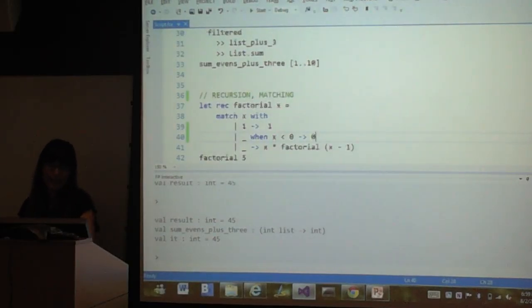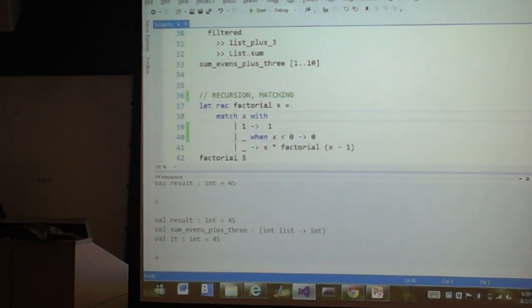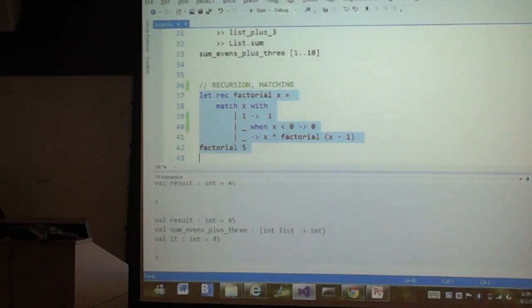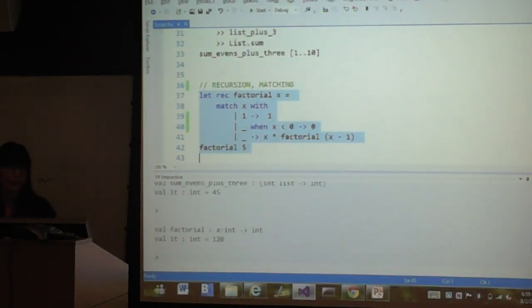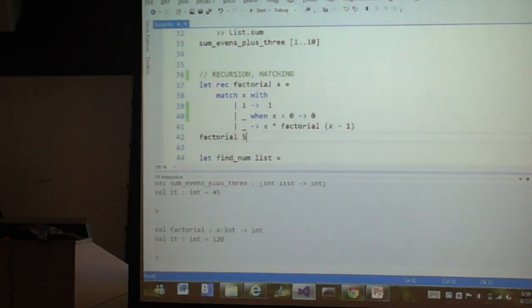And then finally, if it's not less than 0 and it's not 1, then do the factorial and send it down. And then you run the factorial of 5, it's 120. And if you try to do factorial of minus 5,